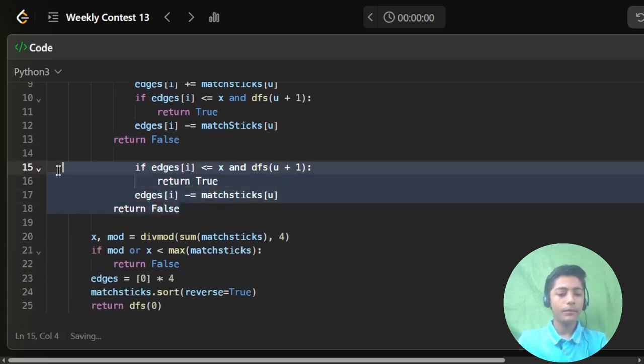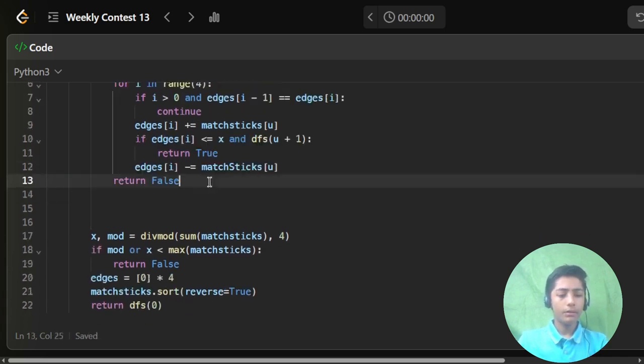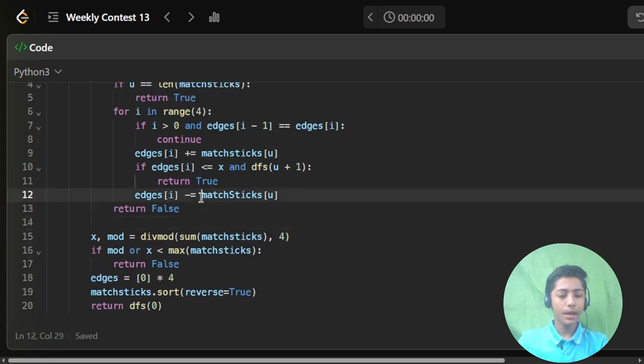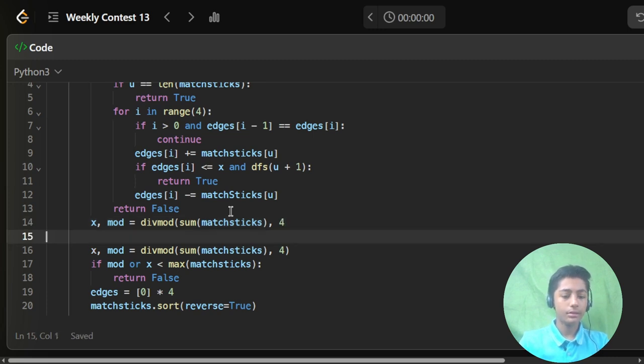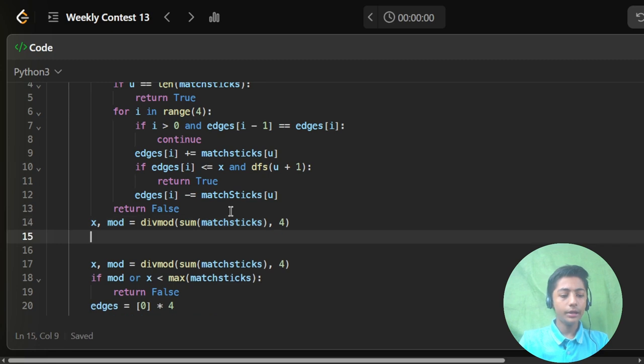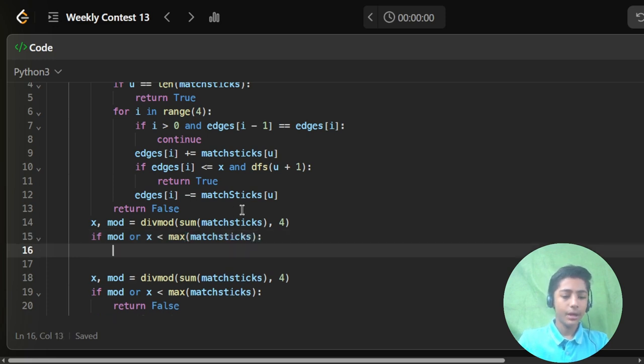Now x, mod equals divmod of sum of matchsticks, 4. If mod or x less than max of matchsticks,